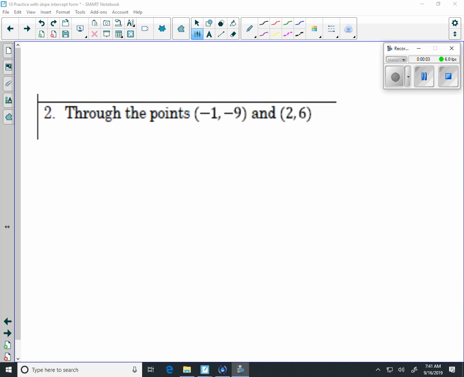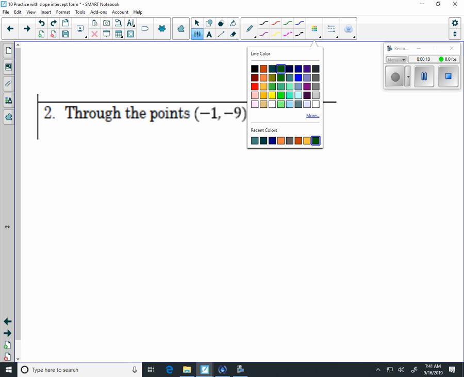Right, so now we're going to be looking at writing an equation for a line if we're given 2 points. Here we have to do a couple steps. The first thing we have to do is slope. And the equation that we're going to use to find slope